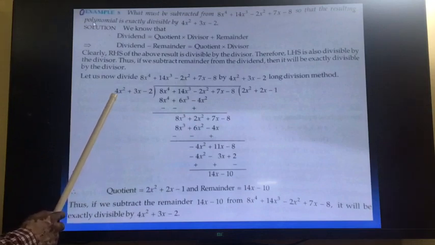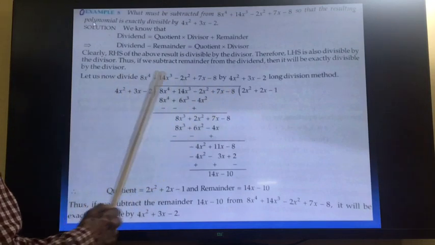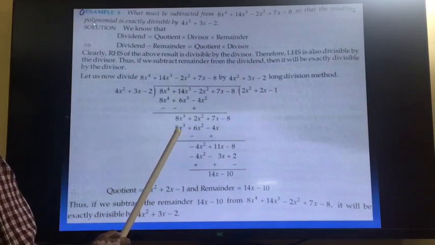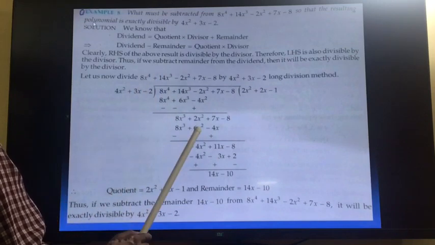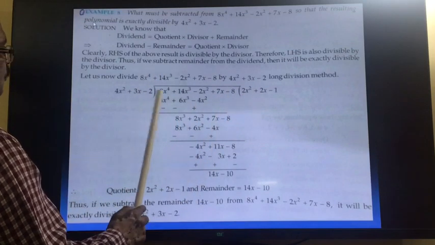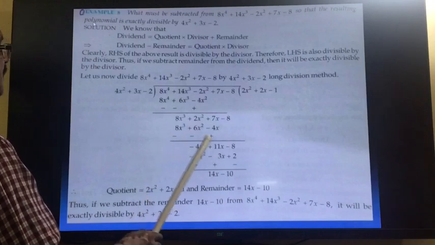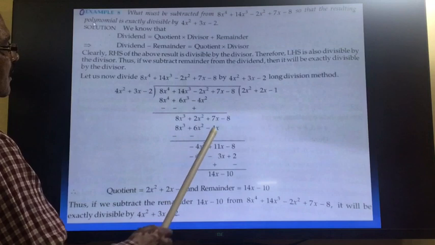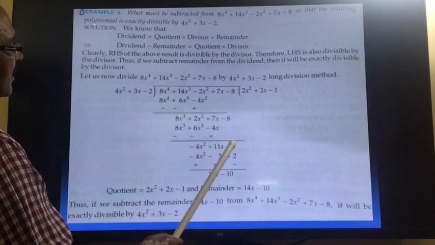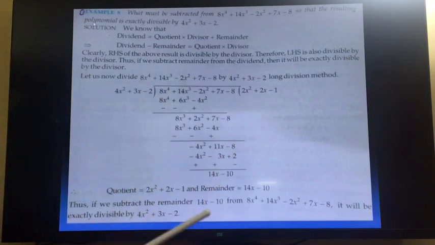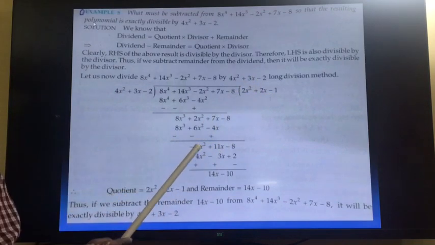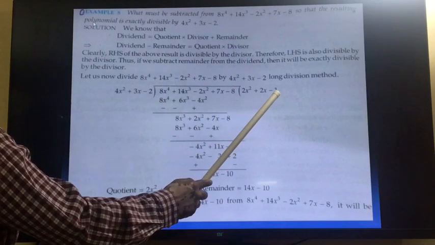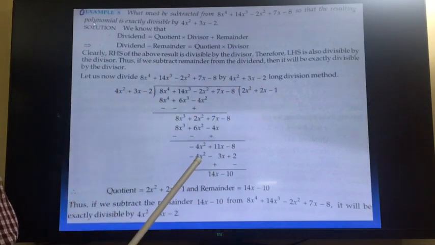So plus 2x into 4x square will be 8, x to the power 4. Sorry, x to the power 3. So 8x to the power 3. Then 2x into 3x will be 6x square. Then 2x into 2 with negative sign, so minus 4x. Change the sign, 8x cube cancels. 2x square minus 6x square will give minus 4x square. Here 7x plus 4x will become 11x and minus 8. Now you want minus sign, so write here minus, and here you want 4. So 4 you will multiply by 1, to get 4. So here minus 1. Minus 1 into 4x square, so minus 4x square.